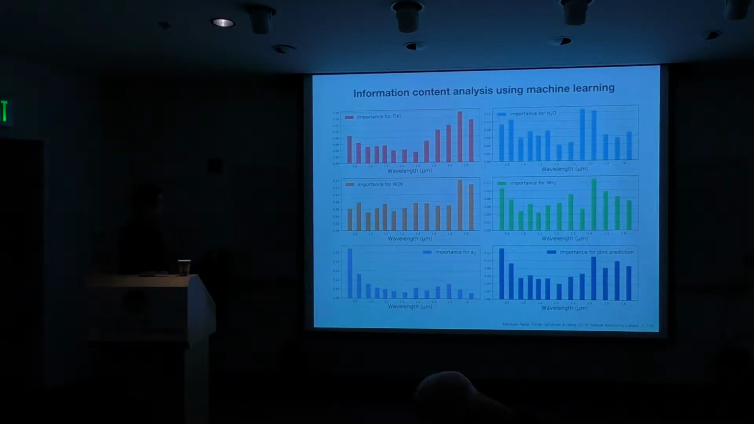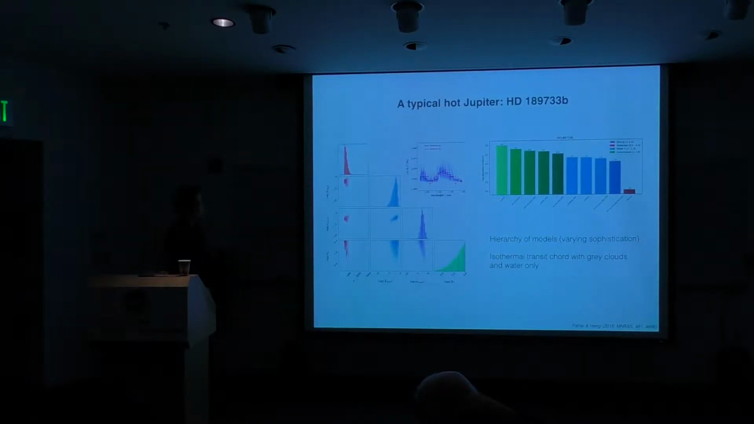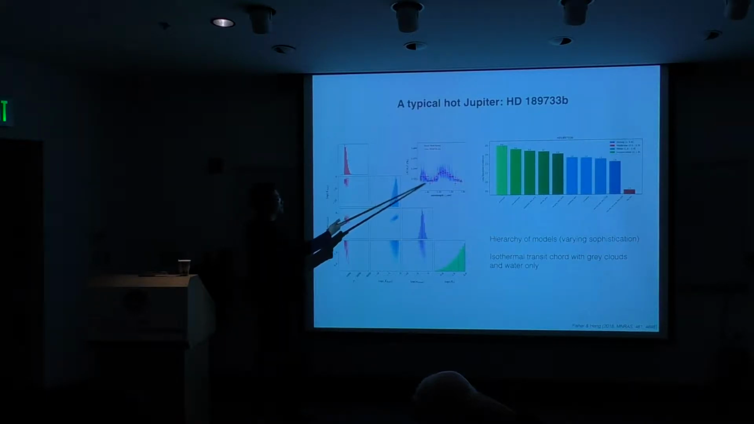I think that's why I was wrong. So I would like to show you a typical analysis. This answers, hopefully, partially your question. So this is a real transmission spectrum from WFC3 of one of the most studied hot Jupiters of all time,